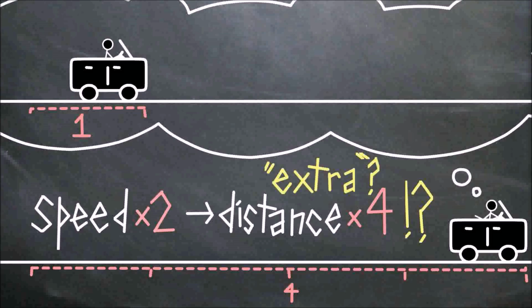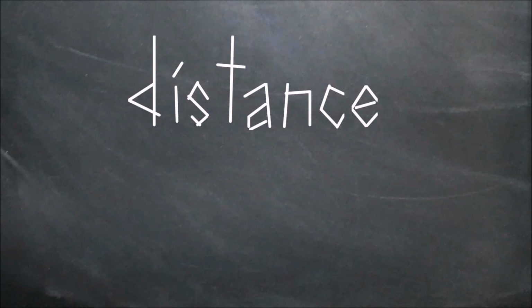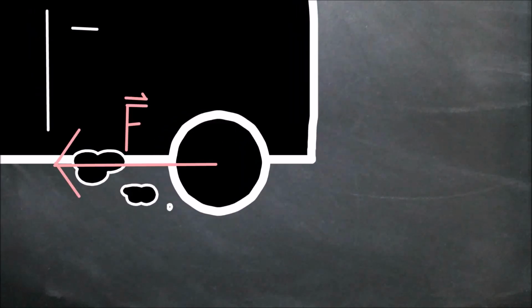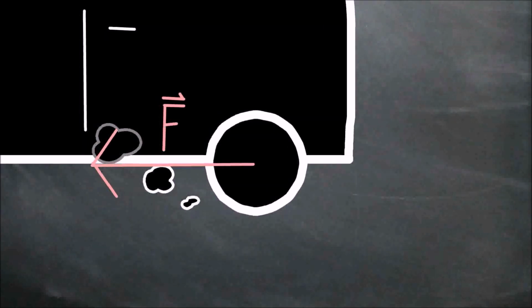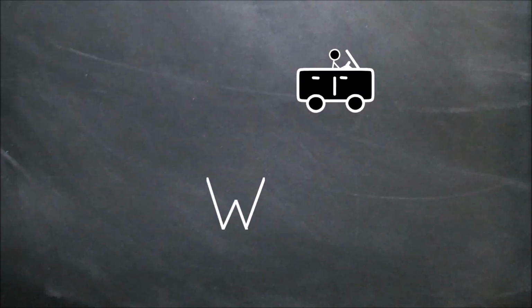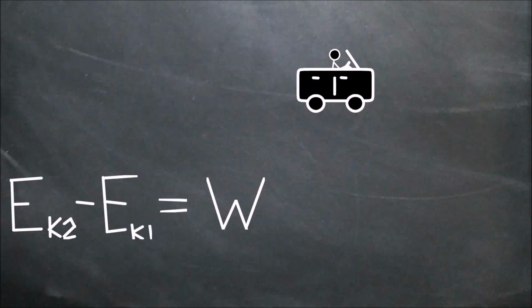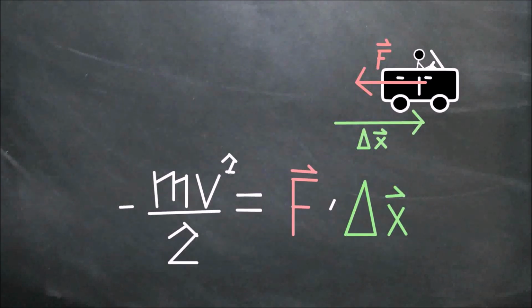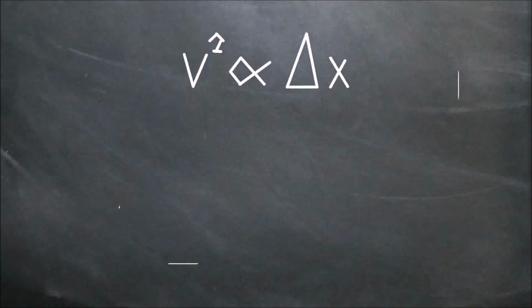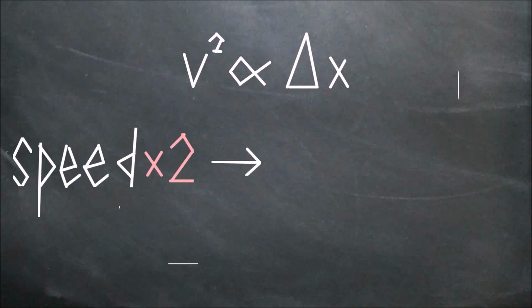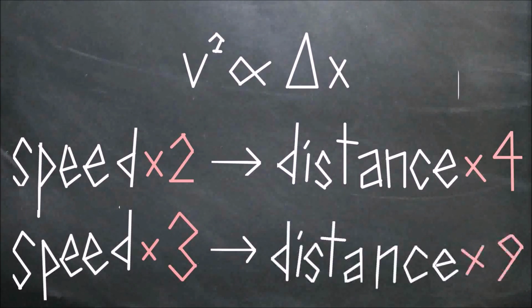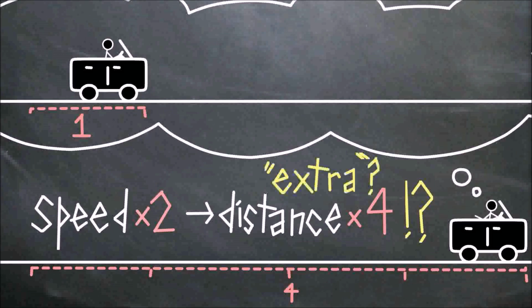Well, we can look at this problem in 2 ways, one which involves distance and one which involves time. Let's begin with distance. When you slam on the brakes, there will be friction between the wheels and the road, slowing the car down. The ground did work on your car to take away its energy of motion, its kinetic energy. The force of friction over a given distance is work. From this, we get a relation between stopping distance and car speed. Distance is proportional to speed squared. So, driving twice as fast creates a stopping distance 4 times as long, and driving 3 times as fast creates a stopping distance 9 times as long. This confirms what we've already seen.